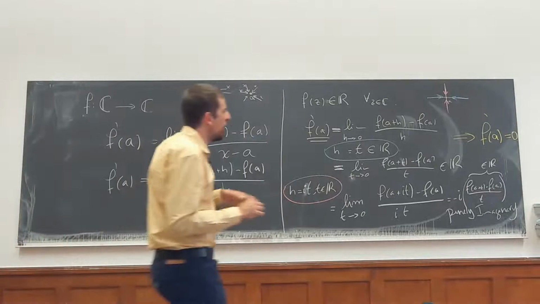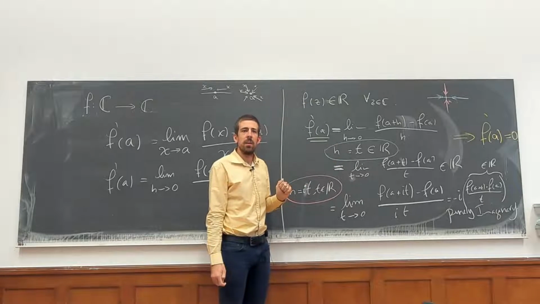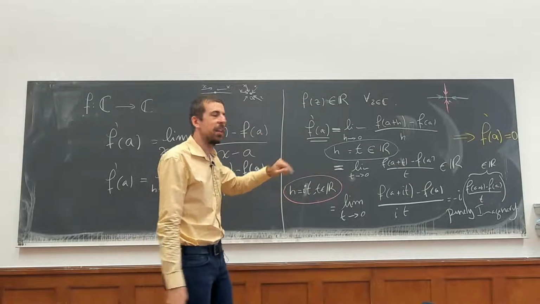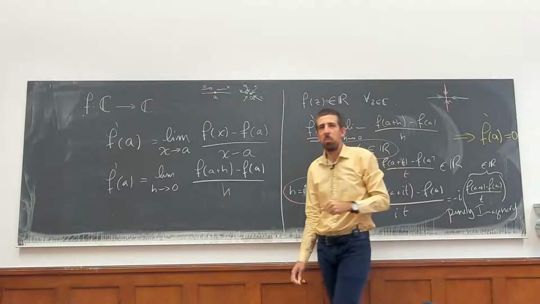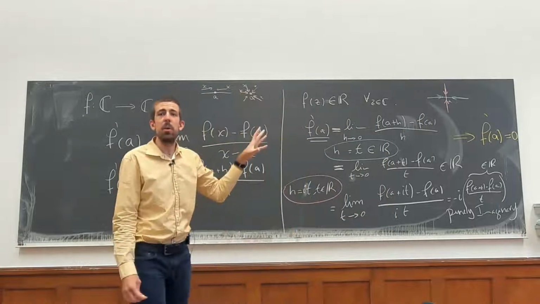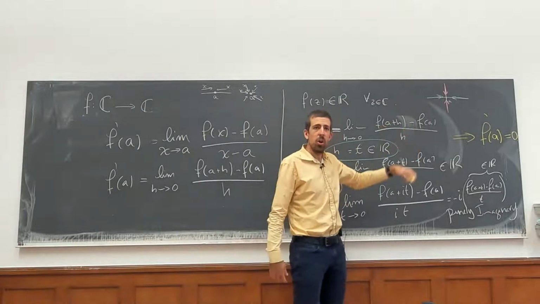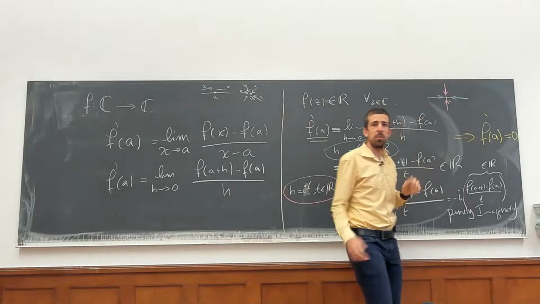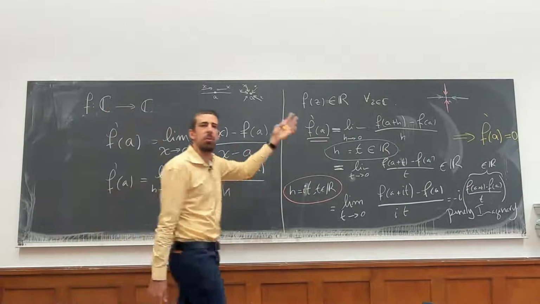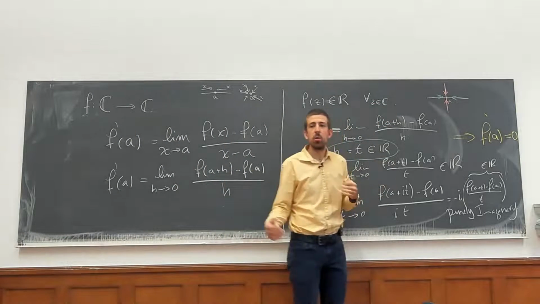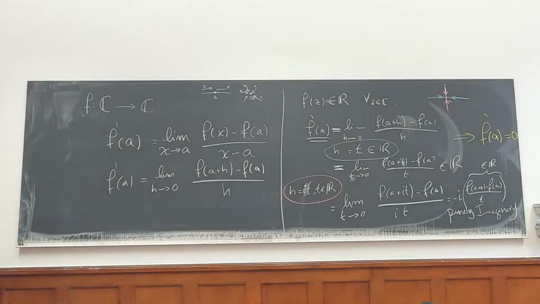And so now what we're going to do is transform this argument. We're going to use this idea that the derivatives need to match whether I come from the reals or the imaginary numbers, and make it into something that we can actually use. We're going to use the fact that these things match not only for functions that take values over the reals, but any function, and we're going to get a bunch of differential equations involving the partial derivatives if we think of the function going from R2 to R2. And this will give us the celebrated Cauchy-Riemann equations.